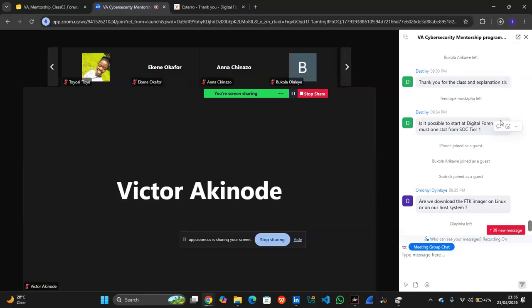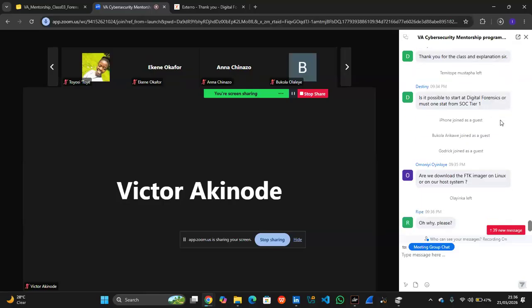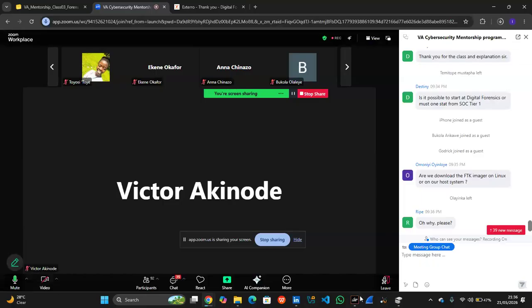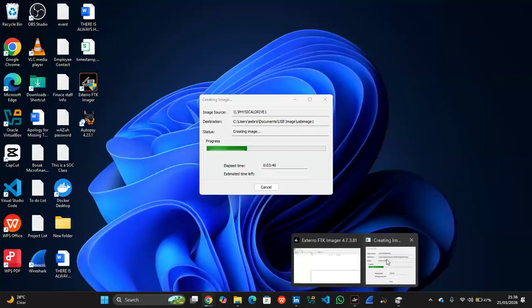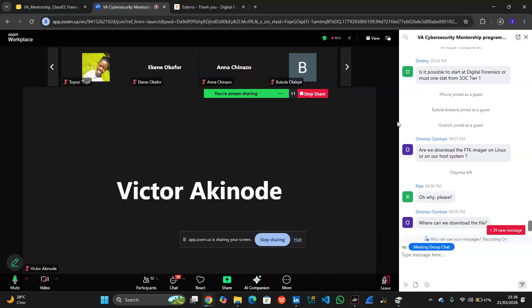Like for me now, for instance, I can use my entire disk. The reason why I'm not using my entire disk to do this is because it's going to take a long time. As I see, this is just 16 gig RAM, and it's going to take us at least like 10 minutes, right? So that's why I'm not going to be using it, so as not to waste time downloading the file.